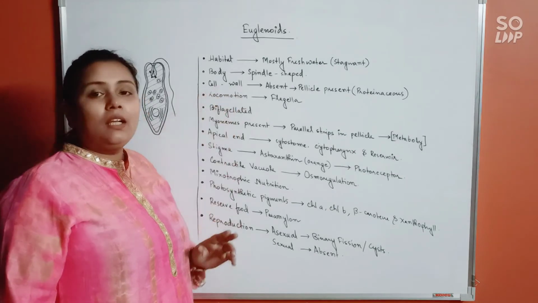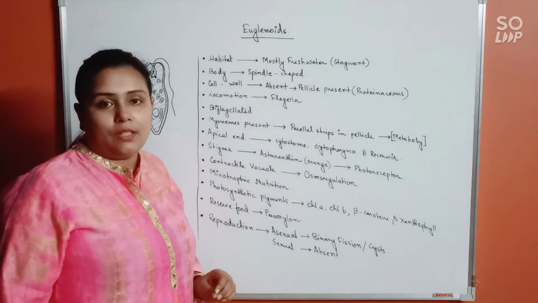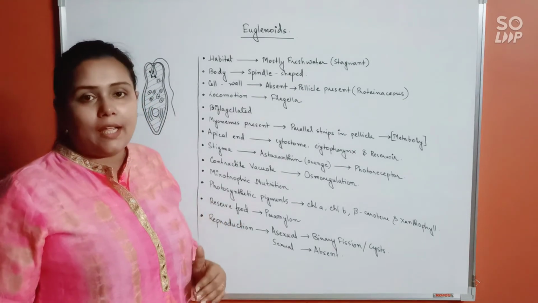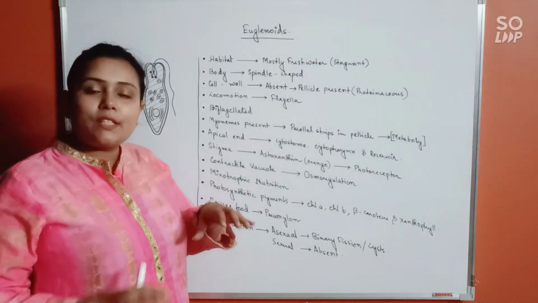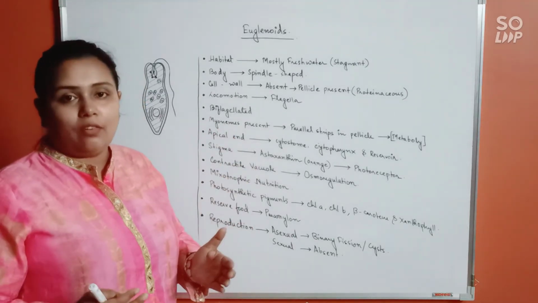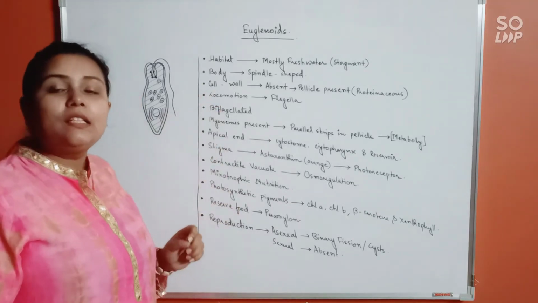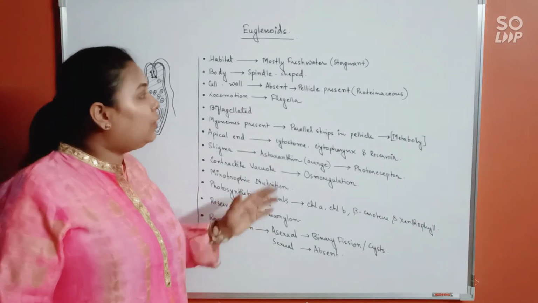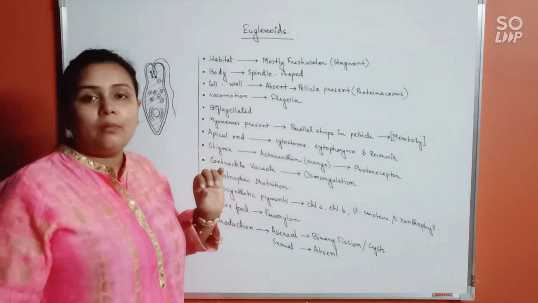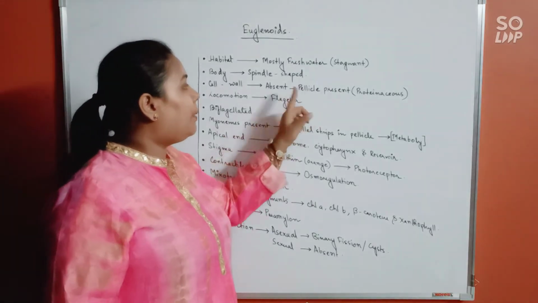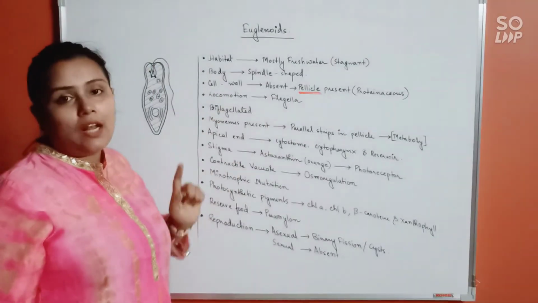The cell wall, this is a very important difference. Cell wall in euglena is absent. Like you have seen in dinoflagellates and diatoms, the cell wall is present, right? The cell itself is completely covered by the cell wall, having an armored appearance. But here in euglena, the cell wall itself is absent. Rather, what is present instead is an elastic flexible membrane made up of protein that's called pellicle. So, pellicle is present instead of cell wall.